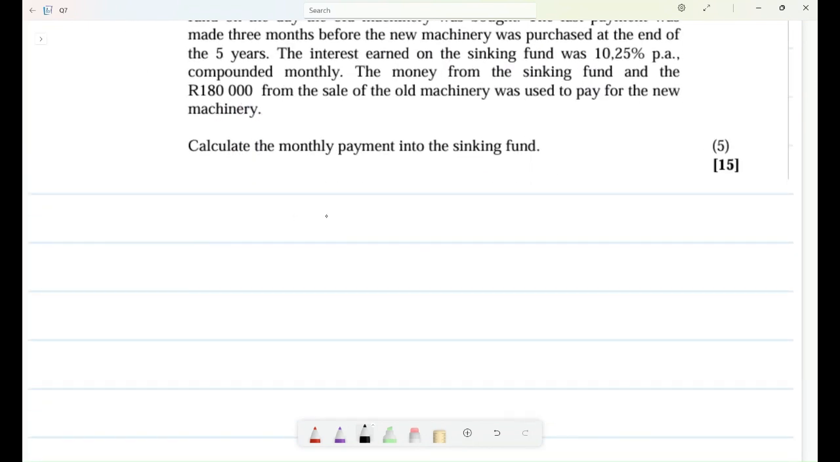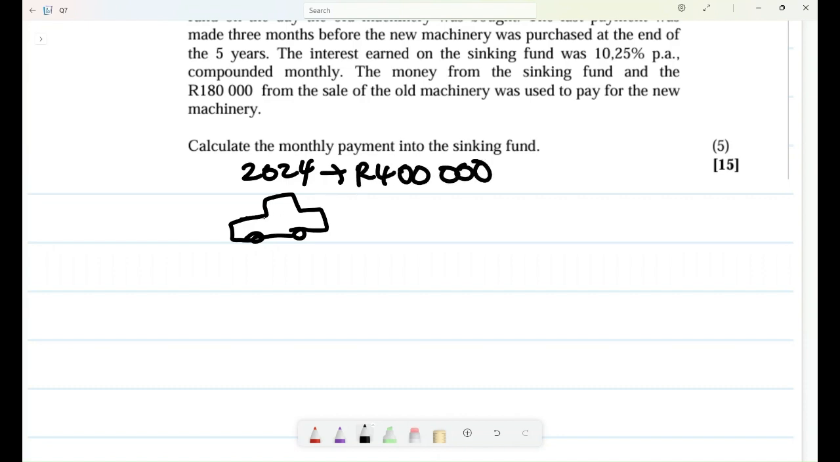So I repeat my scenario. I have enough time for explanation. Here's my car. I buy this car in 2024, for 400,000, let me make this realistic. Now, this car, I use it for 5 years. After 5 years, which is 2029,